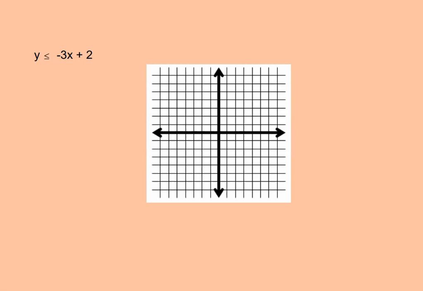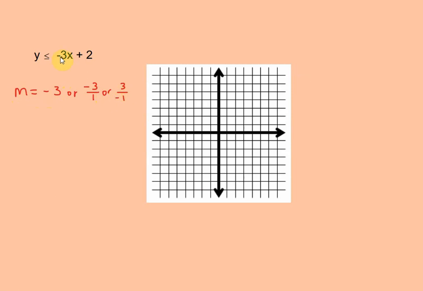Okay, let's try another one. This inequality is already in slope-intercept form once again. So let's pull out the pieces of information that we need in order to graph the inequality. My slope is -3. If I want to change it to a fraction so that I can graph rise over run, then that would be the same thing as -3/1, or